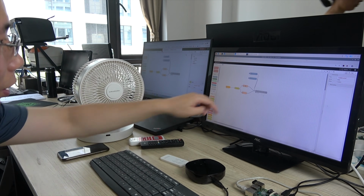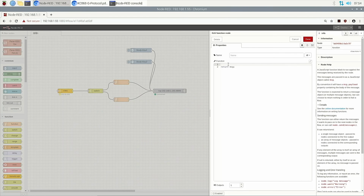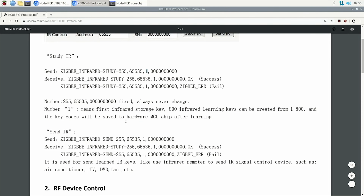For the first one, we just double click and also write the code. Write the code msg.payload, and this is a string to send the key 1 signal. According to the protocol, this is send IR, this is send key 1. We just copy,